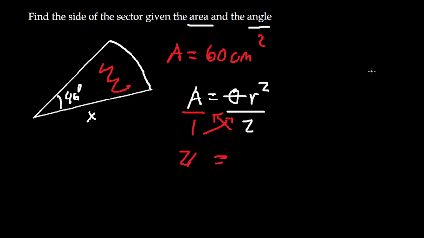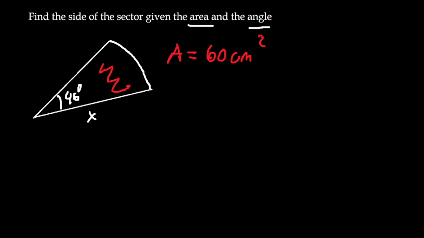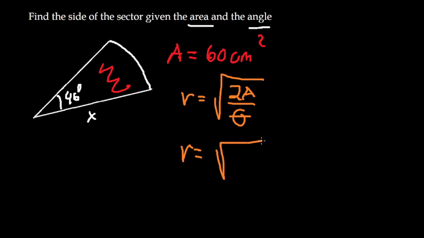Okay, balik natin. So our r is equal to the square root of 2a, 2 times the area, divided by the angle given. So let us substitute the given. R is equal to the square root of, ang area natin, 60, divided by,